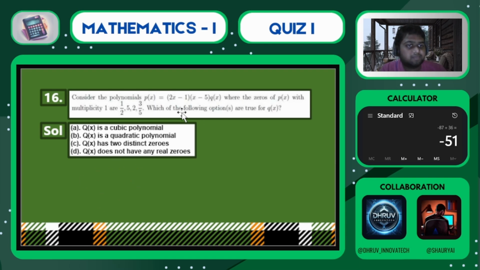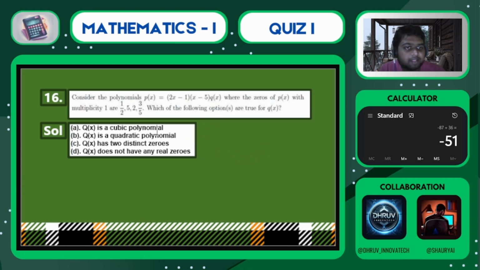पी एक्स, जिसकी वैल्यू है (2x-1) इंटू (x-1) इंटू क्यू एक्स, जहाँ पे पी एक्स की मल्टीप्लिसिटी 1 है। इसका मतलब है कि जो x इक्वल्स टू हाफ, x इक्वल्स टू 5, x इक्वल्स टू 2 और x इक्वल्स टू 3/5, ये सारे जो फैक्टर्स हैं इनकी अकरेंस बस एक ही बार आई है, इसलिए इन सब की पावर 1 है, जिसके लिए हमने मल्टीप्लिसिटी का कॉन्सेप्ट पढ़ा था। ऐसे बहुत सिंपल क्वेश्चन आ जाते हैं अगर आपको कॉन्सेप्ट पता हो तो, इसलिए वीक 4 को आप मिस नहीं कर सकते। उसके लास्ट पार्ट में मैंने इसको कवर किया था।